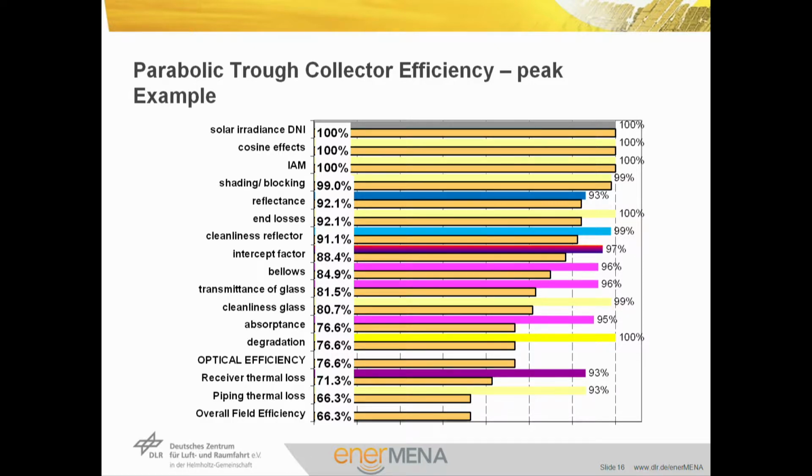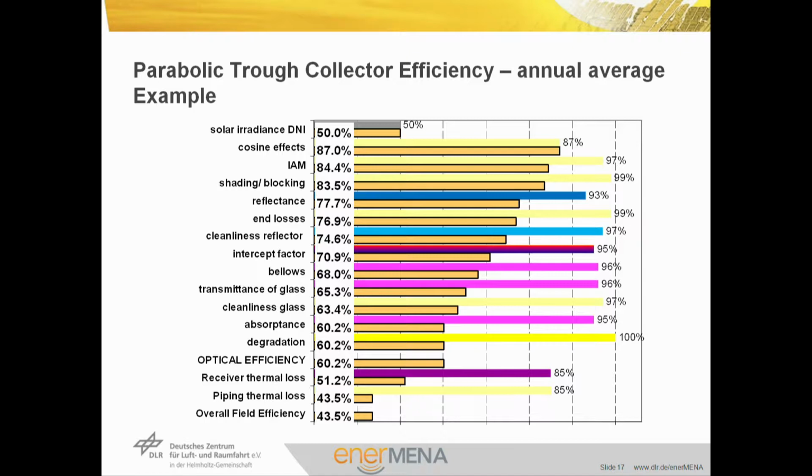Reality looks different. Durability of the optical system, durability of the components are a key to long-term performance of our solar fields. Optical efficiency of a state-of-the-art collector reaches 75 to 78%. Receiver thermal losses are a matter of the quality of the vacuum and the coating of the receiver. In this case, for the receiver, in the range of 5 to 7% are lost by thermal losses, and another 5 to 7% are lost in the solar field and piping. Overall field efficiency reaches 66% in this example, and this is what we have for the conversion in the power